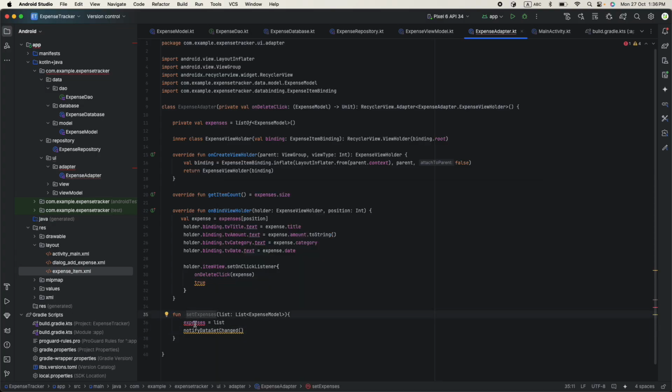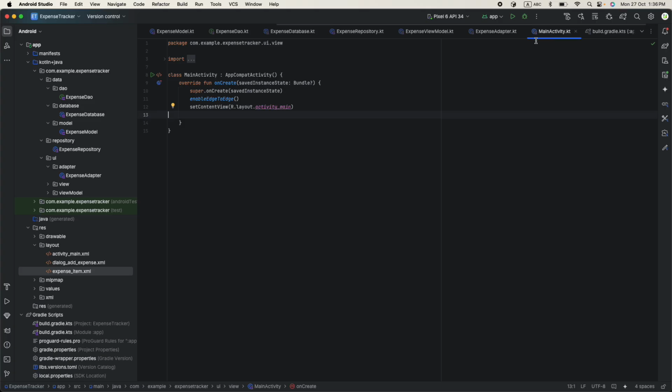Okay, so we have expenses that will be passed to our adapter. This is supposed to be val, not var. Our adapter is ready. Let's go to the main activity. So in our main activity, what we need to do is we just create our private lateinit var